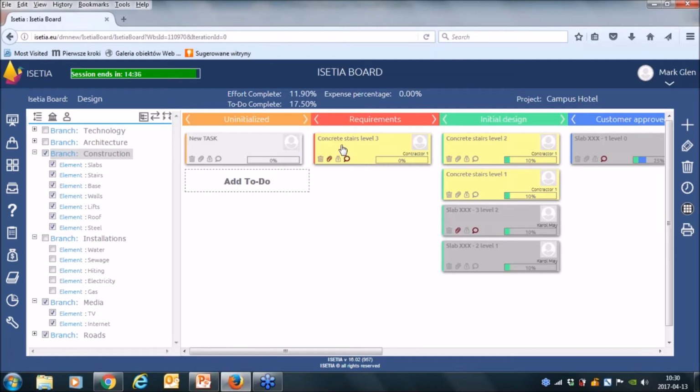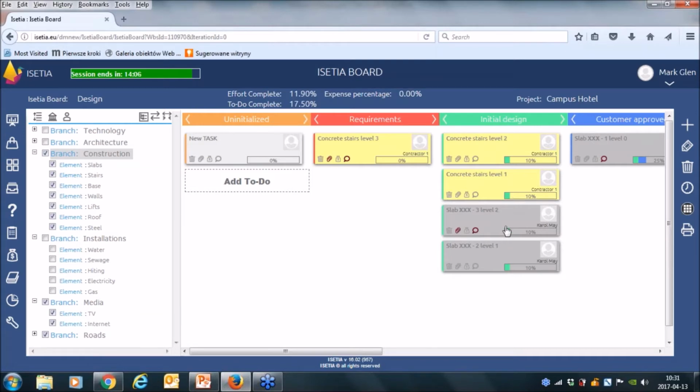For example, this box is concrete stairs level 3, and this work is at the requirements stage. It is being performed now by contractor 1. Also, this contractor 1 has other tasks, concrete stairs level 2 and concrete stairs level 1.